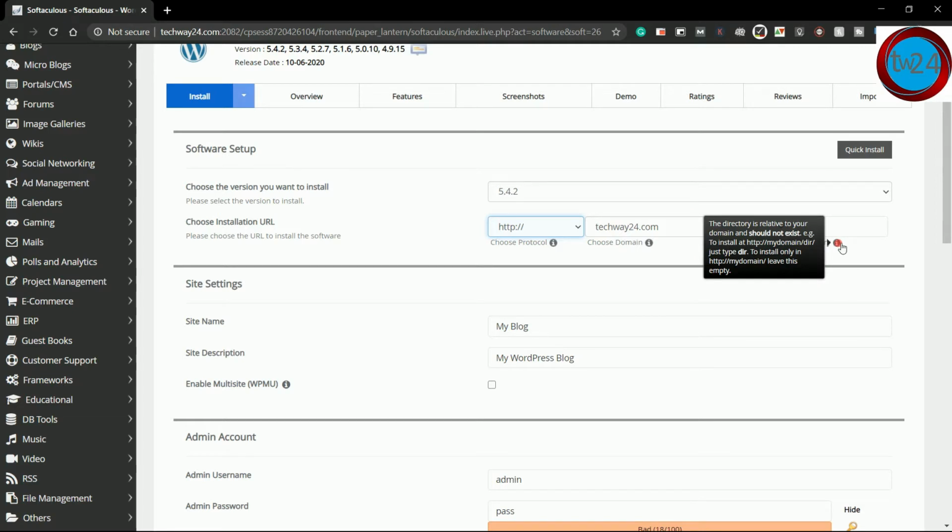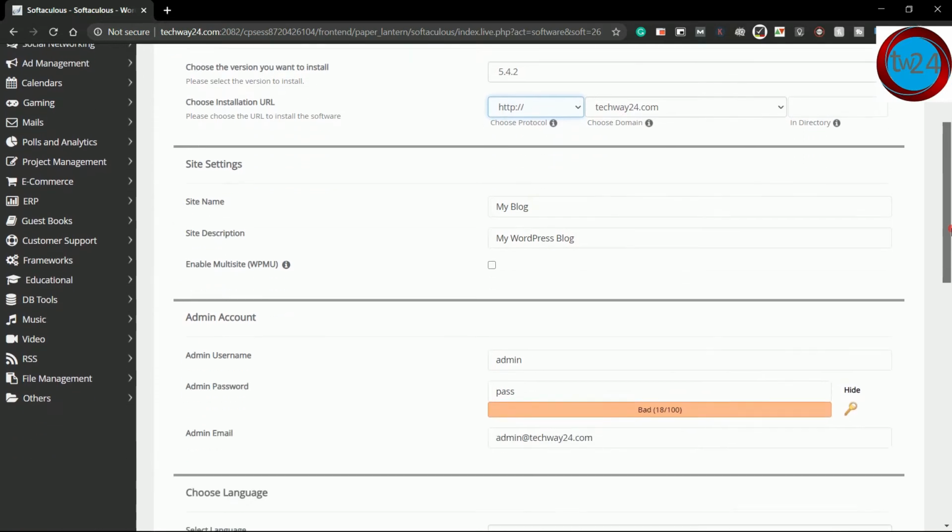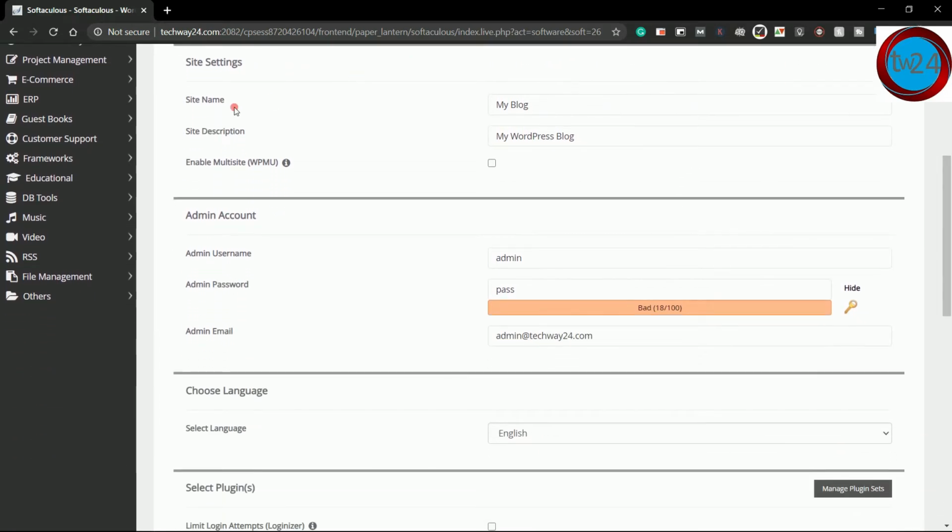Now under directory, I recommend you leave this box blank because if you want your URL to be only http www.techway24.com, then leave this box empty. Otherwise, if you fill this box, then the URL will be http www.techway24.com/dir directory.